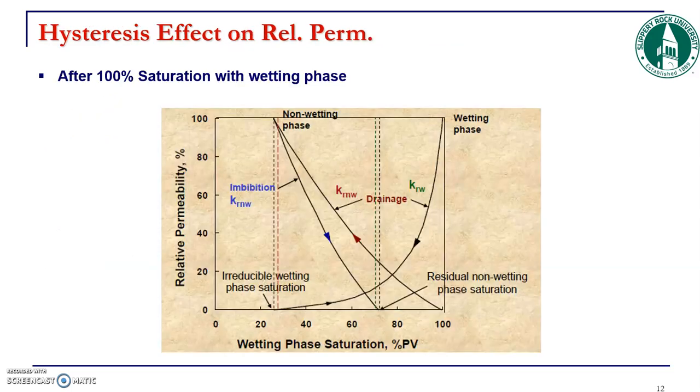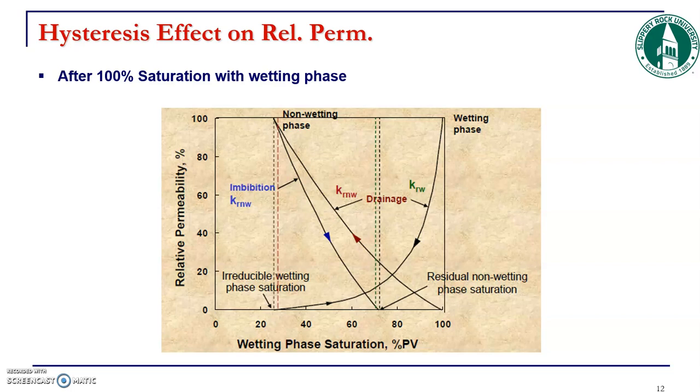Now the history basically brings us to a new definition and a new topic, which is called hysteresis. So hysteresis is basically, in general, any process that if you move forward is different from the process that you move backward in terms of the history of what's happening inside your rock, then this is called hysteresis. So for example, if you look at this figure,